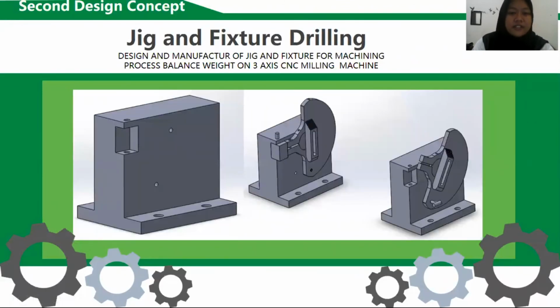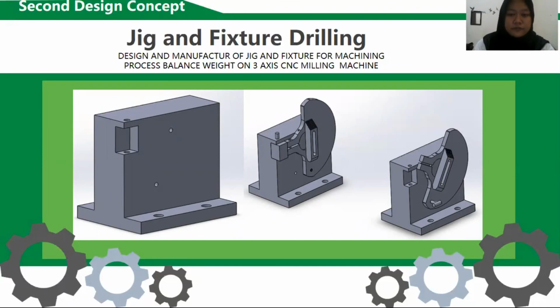Jig and fixture drilling: strong jig, easy to manufacture, but strong jig, material is priced, multi-jig, easy to repair, complicated design, long time estimate to make the jig, less efficient machining